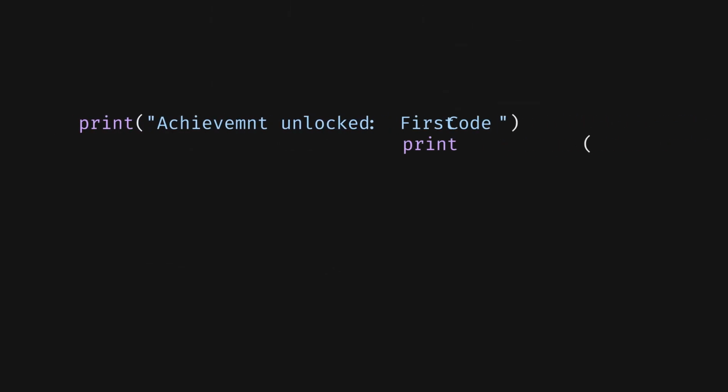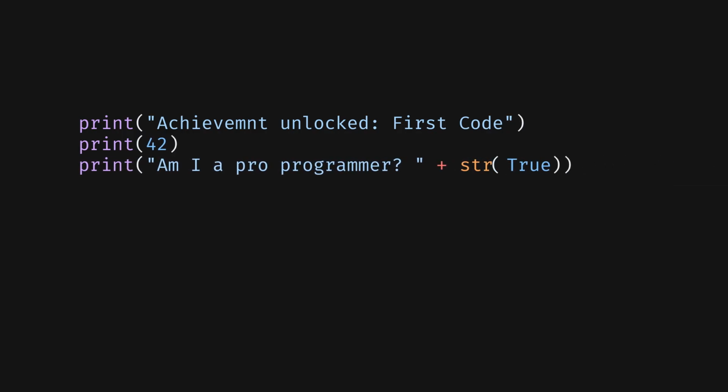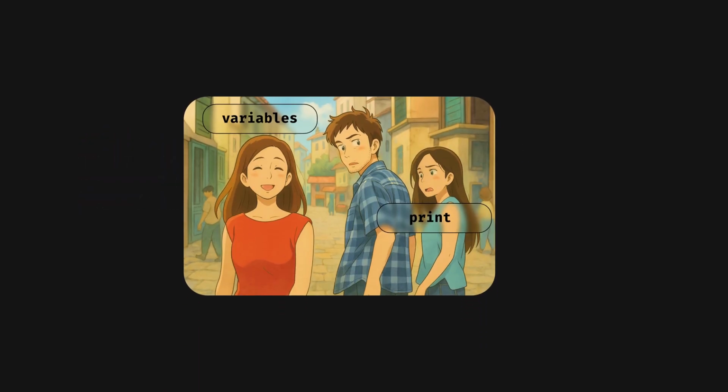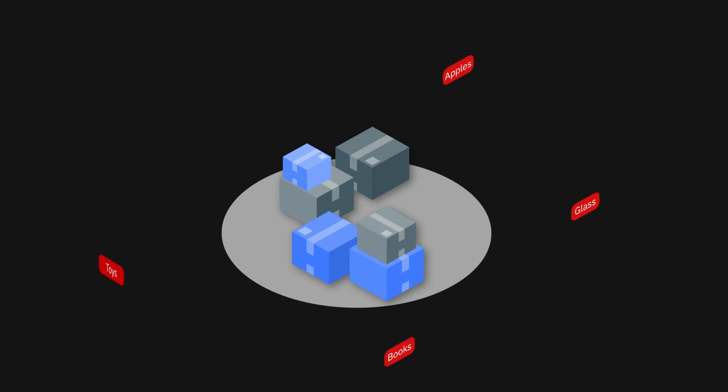So far, we've learned how to create objects in Python and print them right away. But in real programs, we usually want to store those objects and reuse them. That's where variables come in. In Python, a variable lets you assign a name to an object, so you can refer to that value later